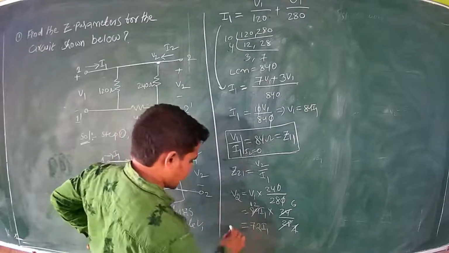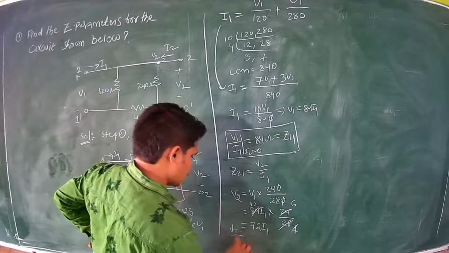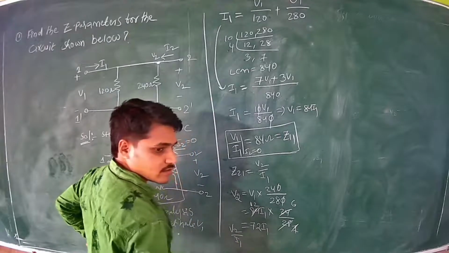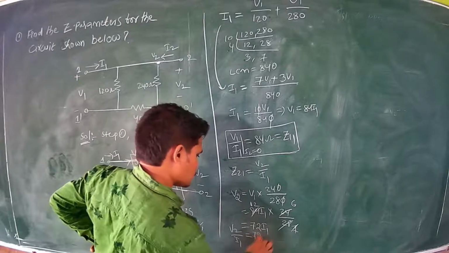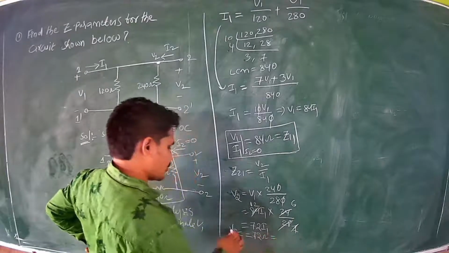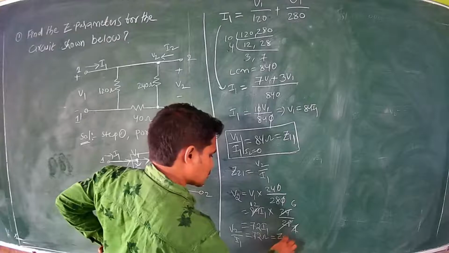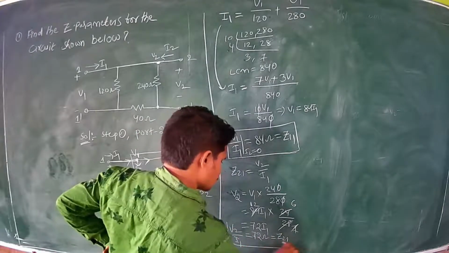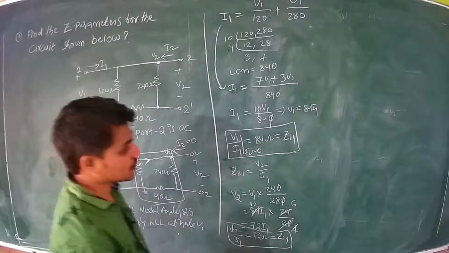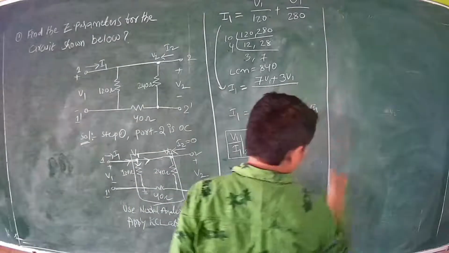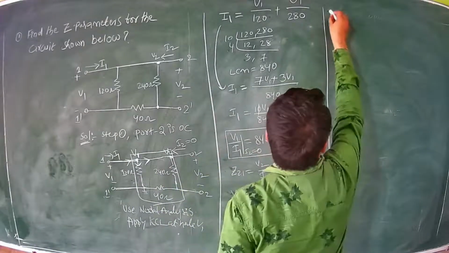Now, therefore this V2 by I1 equal to 72 ohms. So this is called what? V2 by I1 is our Z21. Z21 is 72 ohms. Next, what is the next step? For step 2,